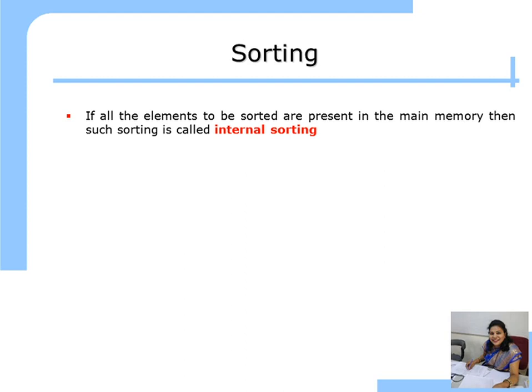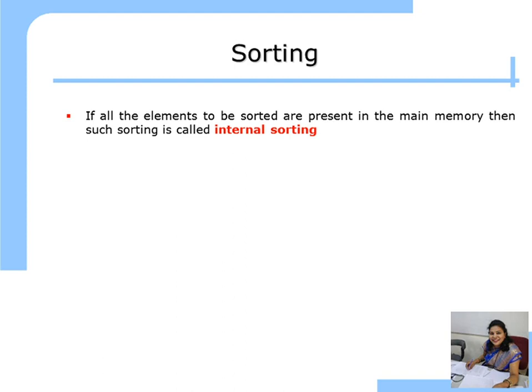Take an example, if you have RAM of 1 GB and you want to sort data of 100 MB. You can easily sort that data by keeping all the data in your RAM. But think that if you want to sort data which is 10 GB and you have 1 GB of RAM, how can you sort that 10 GB data using 1 GB RAM? You can sort, but in parts.